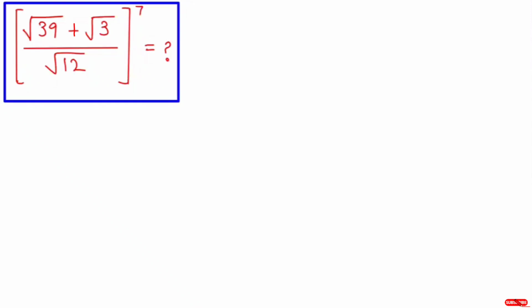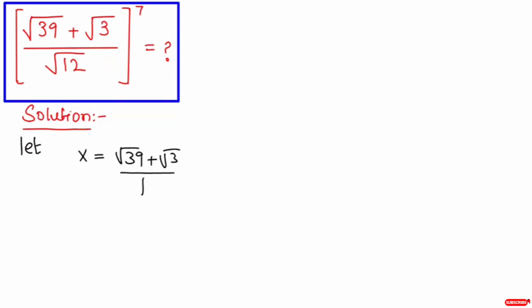Everyone, in this video I am going to solve this nice exponential radical problem. The expression we have is (root of 39 plus root of 3 over root of 12) raised to the power of 7. So let's get started with the solution. In the first step, I will let x equal root of 39 plus root of 3